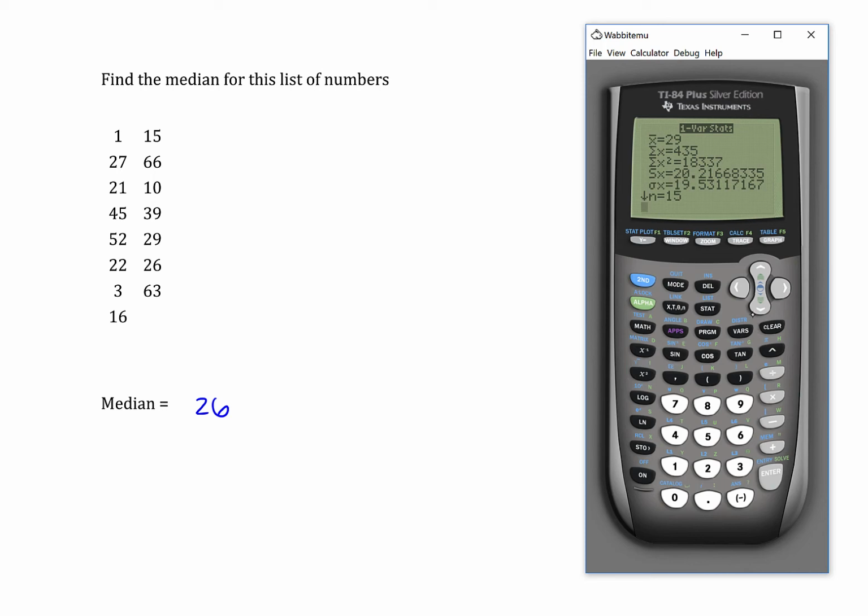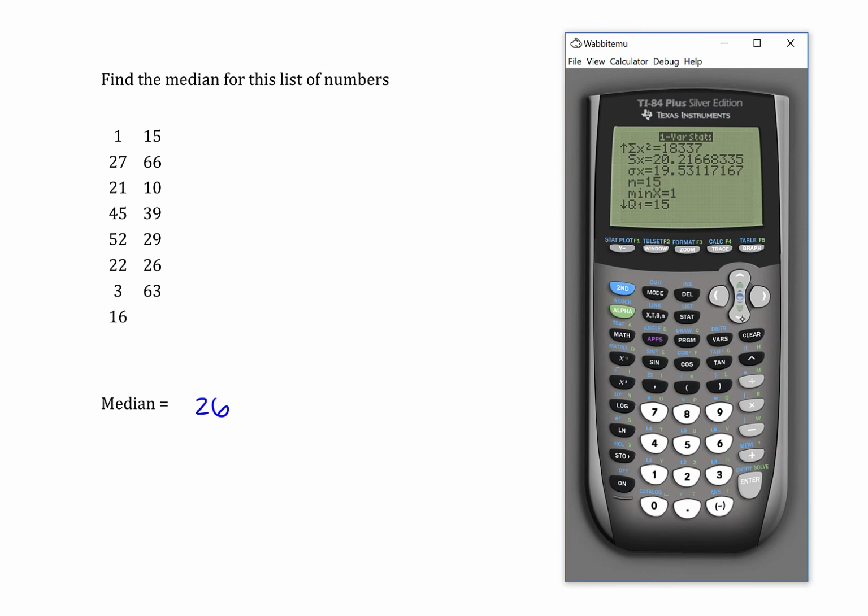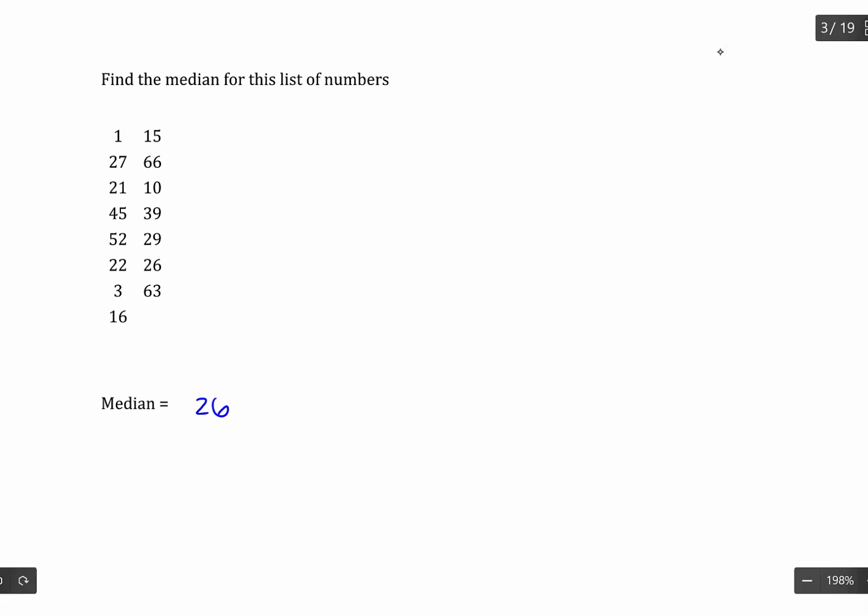And it gives you a whole bunch of output, so much so that it can't fit all on one screen. So you have to scroll down and you'll find the median listed on the second output screen. Now, doing this without the aid of the calculator, what you would have to do is honestly go through and sort the data one by one. So 1 is the smallest, then 3, then is it 15? Nope, there's a 10, and then 15, then 16,